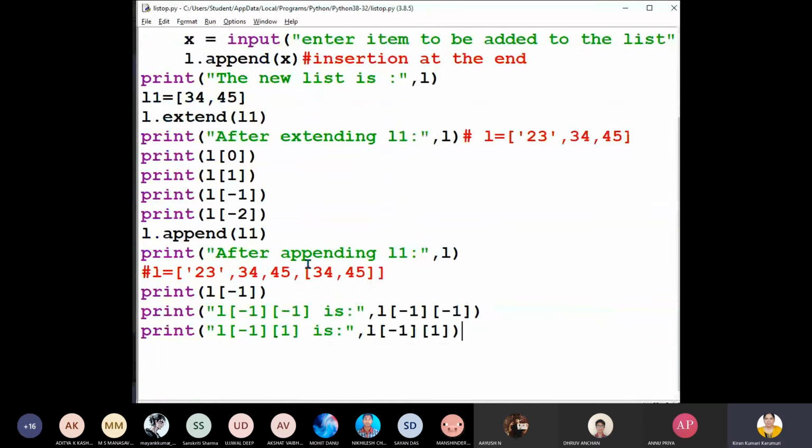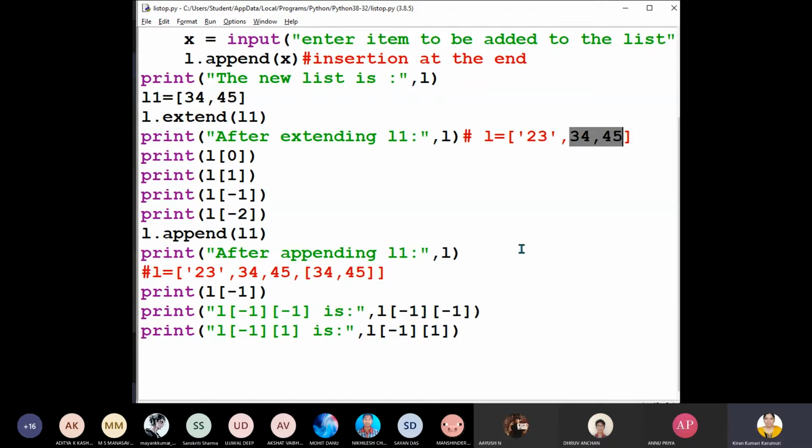Yes, understood? So what is the main difference between append and extend? Append, whatever we are appending, that will be added as a single item at the end of the existing list. Whereas extend, all the items of that list will be added as separate items to the existing list.